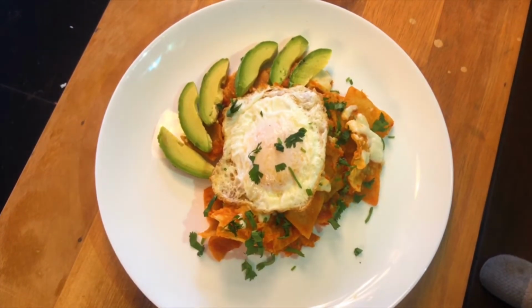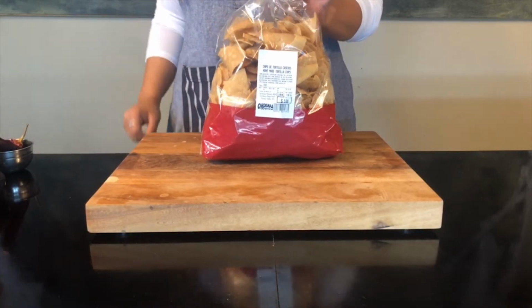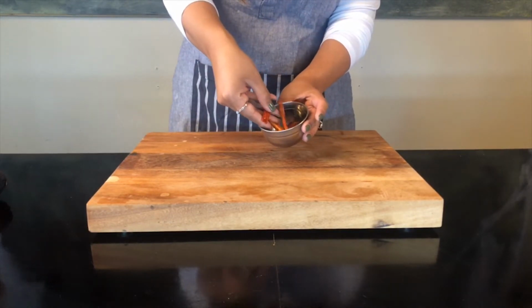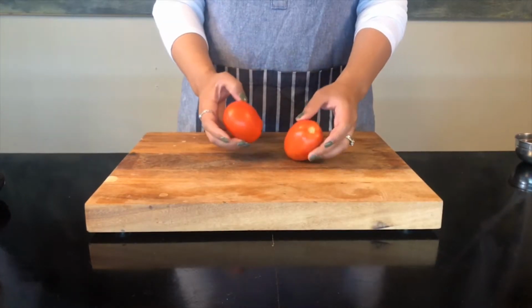Today's episode, we're gonna be making some delicious chilaquiles. First, we're gonna need some tortilla chips. We're also gonna need 3 chiles guajillos, 7 chiles de arbol, sliced white onion, 2 tomatoes,